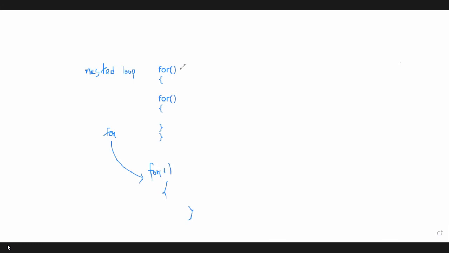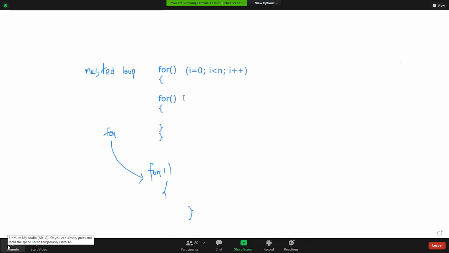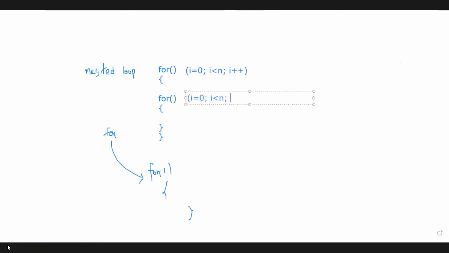Suppose here the condition is i equals 0, i less than n, i plus plus, and here we can use the same condition, j equals 0, j less than n, and j plus plus. So what is the time complexity of this nested for loop?